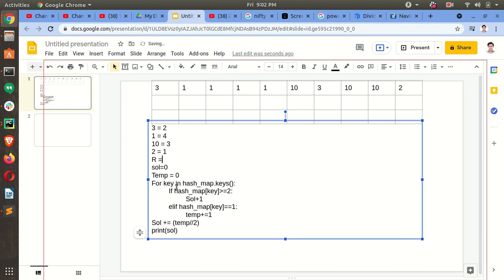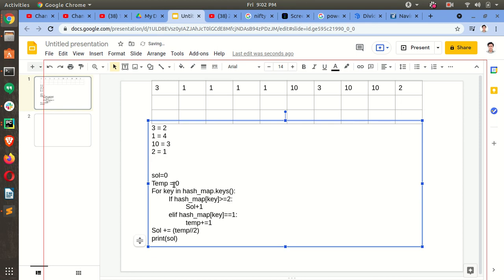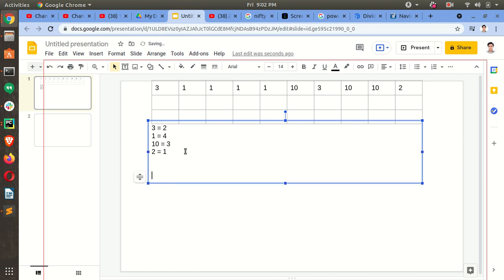So this is the key value map we will generate using a hash map, after one iteration. Big O of n time it will take, and we will get this.